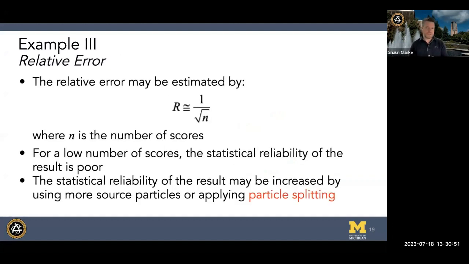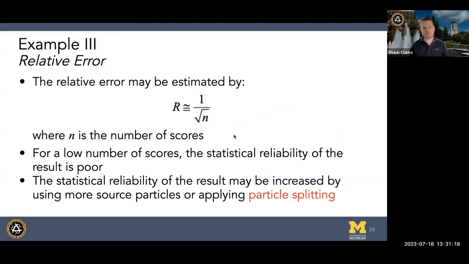So this is an example of how we do that. In this problem, if you were to start with only 16 particles on the front of the slab, you would expect one particle to make it through out of those 16 on average. Now, Monte Carlo is a random stochastic process. So if you begin this calculation with only 16 particles, it's likely that 0 or more than 1 will make